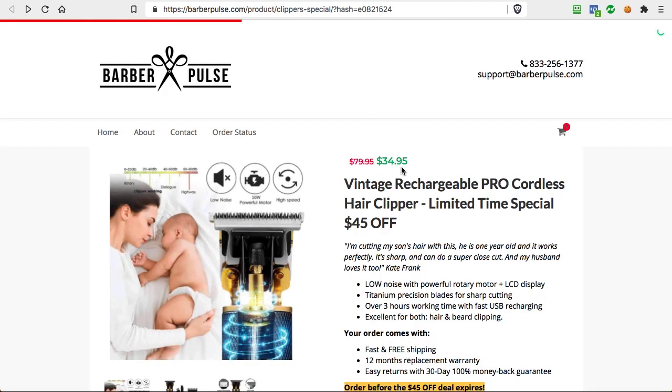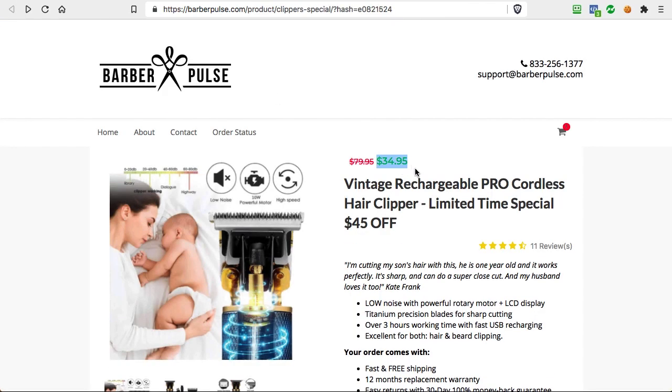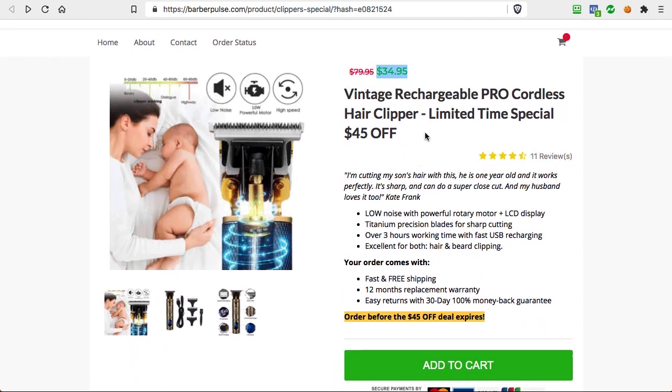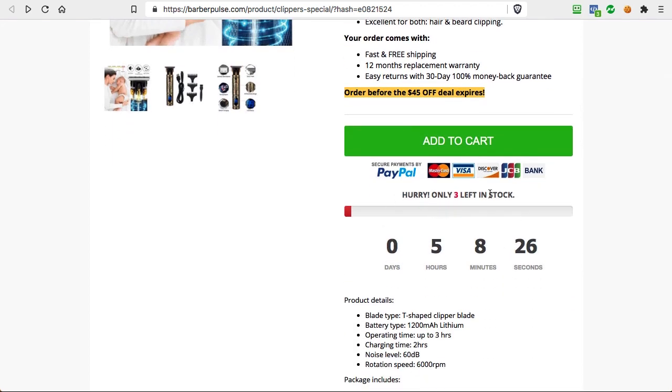If you go back to the private page, you can see it's $34.95, and it just shows the special element for that particular promotion. And also, you can obviously configure timers and progress bars to work specifically for that campaign. So it can really be a campaign that expires on a specific day and time, and that way it'll just sell more.